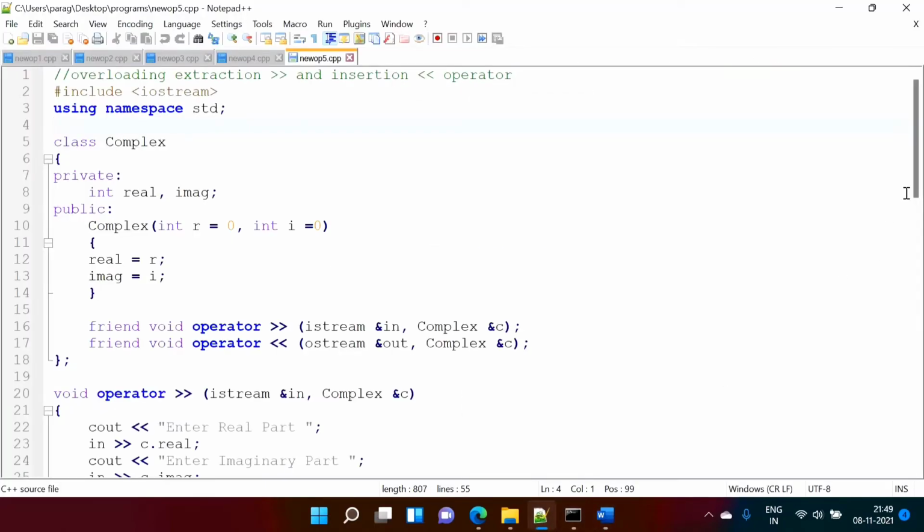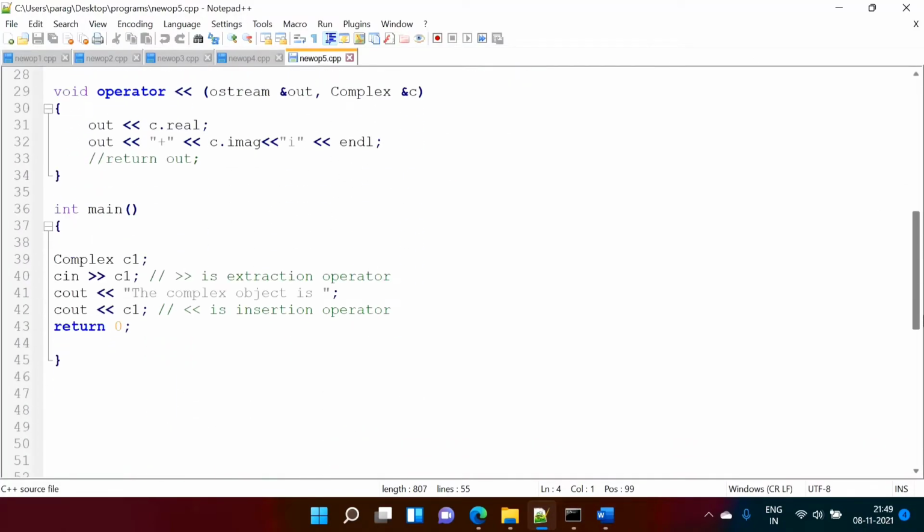Now look at this. Here we are using the extraction operator. The second operand can be an integer, float, or any string constant, so it is allowed in C++ language. But here, along with this cin and extraction operator, we are using an object, which is an object of the complex class, and also in this statement.